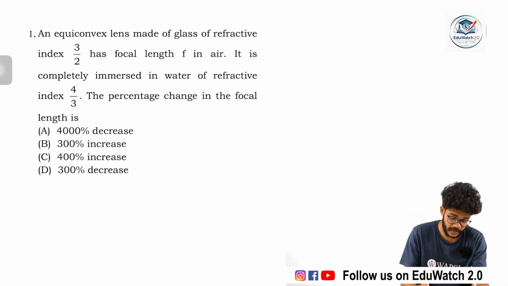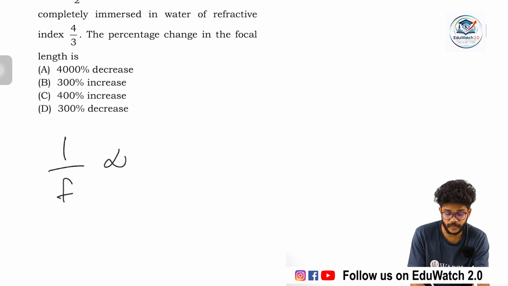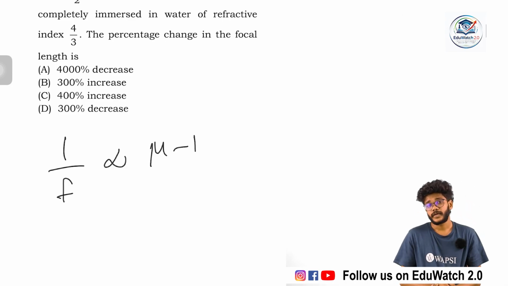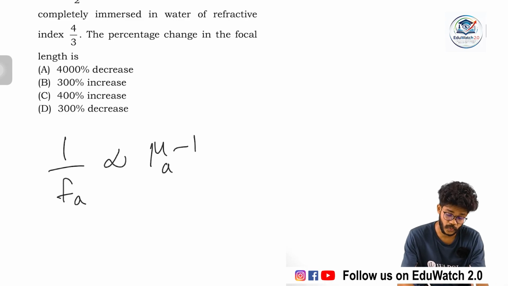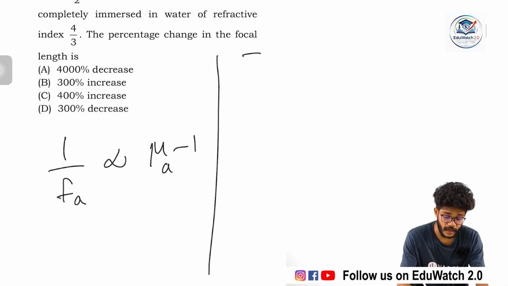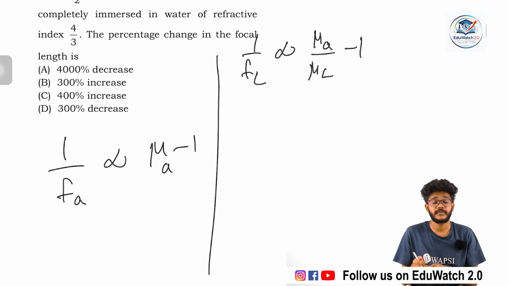So we have that equation. We know that 1 by f is proportional to mu minus 1, correct? The refractive index and 1 by f, yes, they are proportional. So 1 by f_a, for air, is proportional to mu_a minus 1, and 1 by f_liquid is proportional to mu_a by mu_liquid minus 1. If the air is replaced by the liquid, then